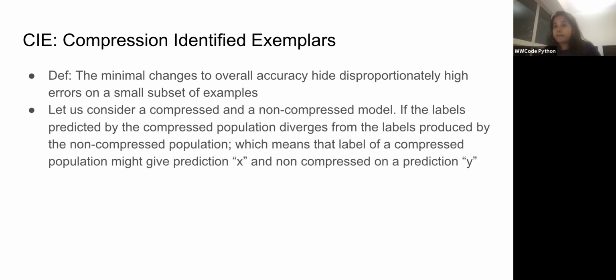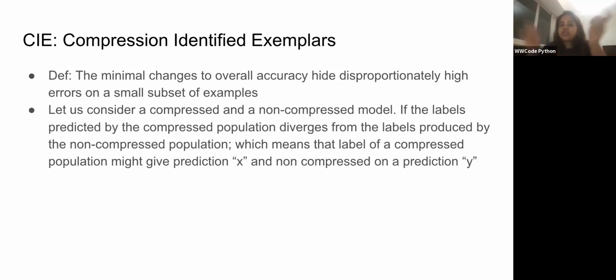that if a compressed model has looked at a certain label and said, okay, it's label X, and gave a prediction X, you would consider the non-compressed model also to give the prediction X. But what if the non-compressed model gives a prediction of Y? At that very point, you have a divergence situation, where one model diverges from the other in terms of the results, and that is exactly what we call CIE, and that is the metric that is being used